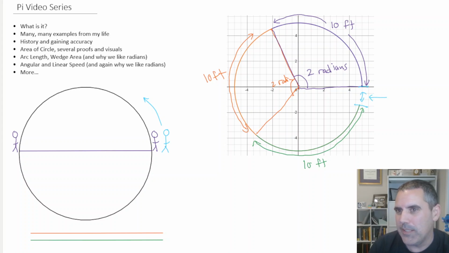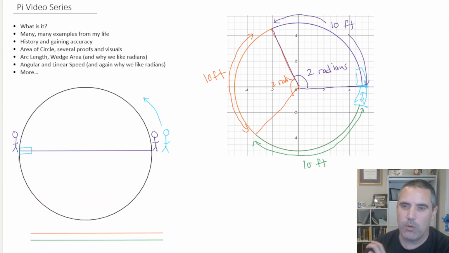How much more do we need? Well, we need about 14% more, or 0.1415, this weird number. So we need to go about 14% of the way. Think about what 14% of this is. Grab this, plop it on here, and say, okay, about 14% of that. That's how much we need to go that last little bit. So it's 3 and a bit. That's it. That's what pi is.